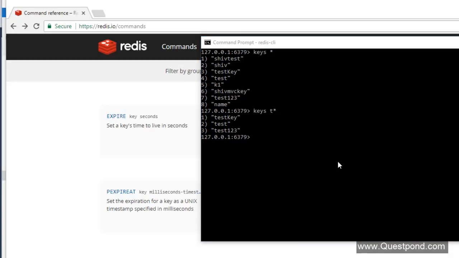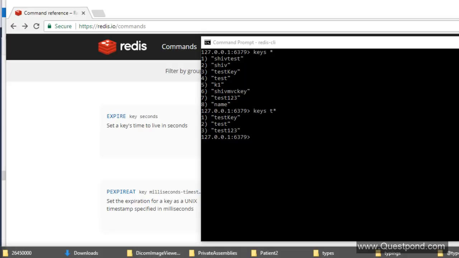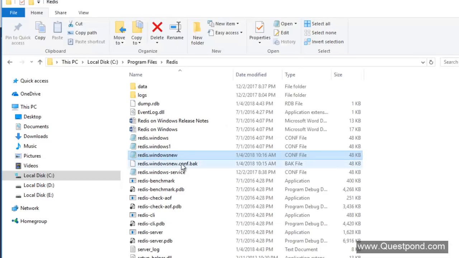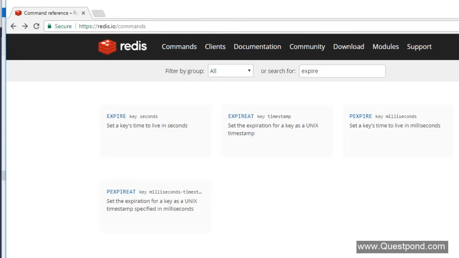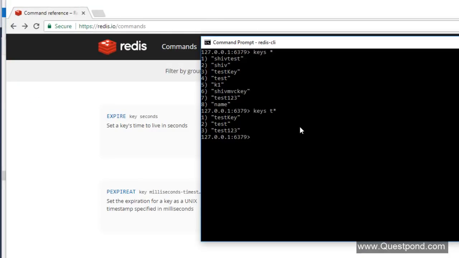The other command which I use frequently is the config command. Now remember that Redis has a lot of configuration. So if you go and see wherever Redis is installed, there is a redis.windows.conf file, right? So this configuration file has all the configuration. You can edit that file, but I think the best way would be to use the commands so that you have an abstraction.